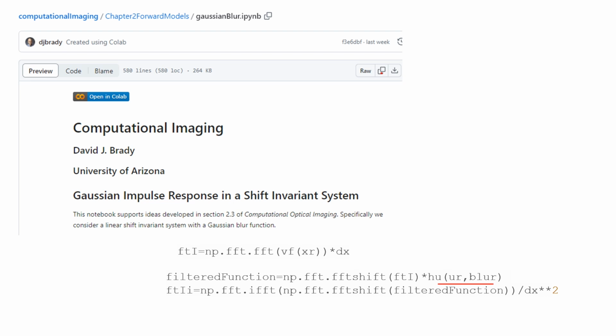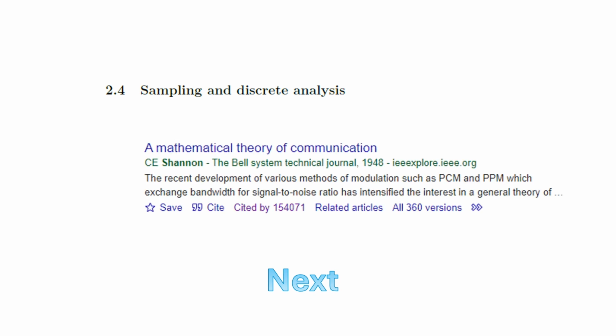So that's our introduction. Next time, we're going to move on to section 2.4 of the text, and we'll talk about sampling and discrete analysis, how we can use samples of a signal to represent the actual signal. Our analysis there is based on this very famous paper by Claude Shannon from 1948. Shannon's paper, as you see here, has